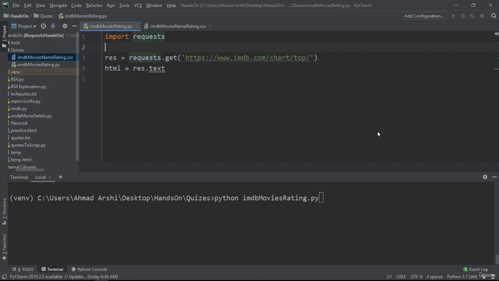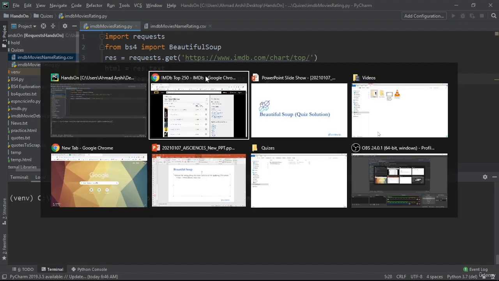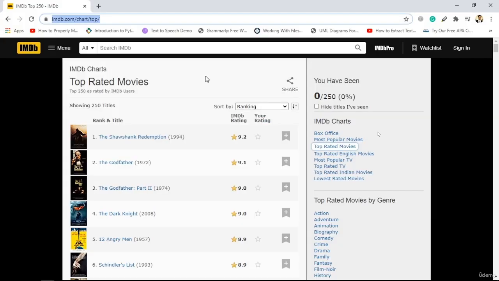We have to import bs4 first. From bs4, import BeautifulSoup, and then let's just create the soup. BeautifulSoup, html, and then the name of the parser, which will be html.parser, and let's just save it in a variable soup. Now let's just head on the website and understand the structure of our required data. So more or less it is exactly the same thing that we did in the last video, that we have to head on to this chunk, head on to this div, and then we have to extract this and this data. So if we inspect this again,